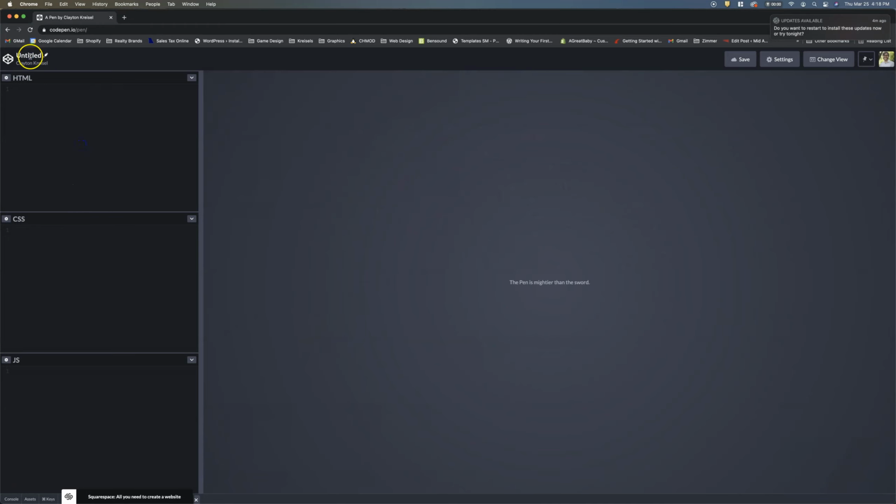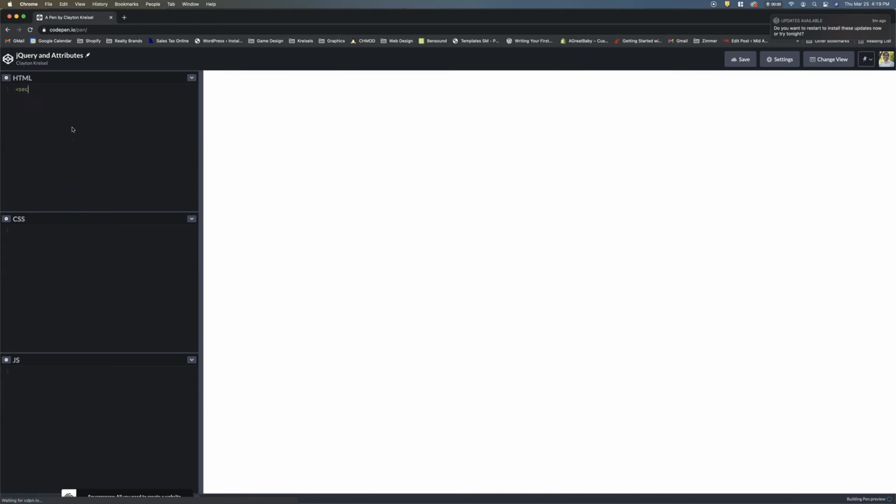So in this project here, we're just going to start from scratch. We'll name this project jQuery and attributes. All right, great. So we'll start here with a section, and we'll go ahead and make that up. And then we're going to make a little display toggle, something very basic. And we're going to have a list. And inside of that list, we are going to have